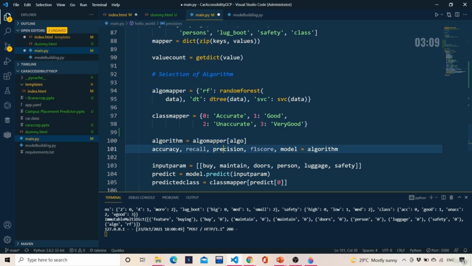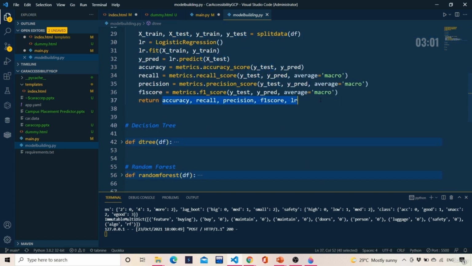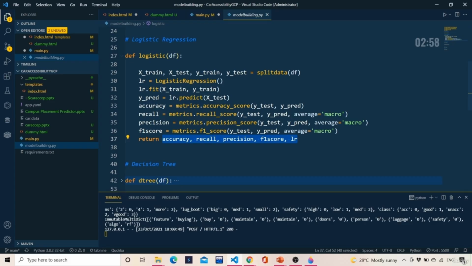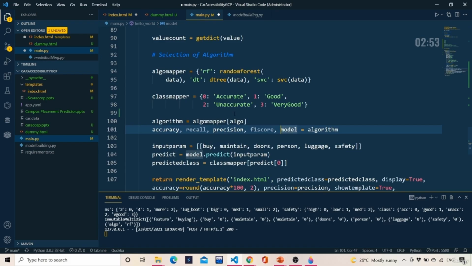Then accuracy, recall, precision, F1 score and model is nothing but what is returned by each of the model building algorithms. If logistic regression is considered, it is returning 5 values. If you consider decision tree, it is returning 5 values and so on. So once that is done, we get the values, and over here what these are nothing but the form. Now this is the important thing. Now this is nothing but the form data. So we will be passing the data which is collected from the form to the model so that it will predict, right? So this phase is nothing but the training one, but over here comes the actual phase, that is nothing but the